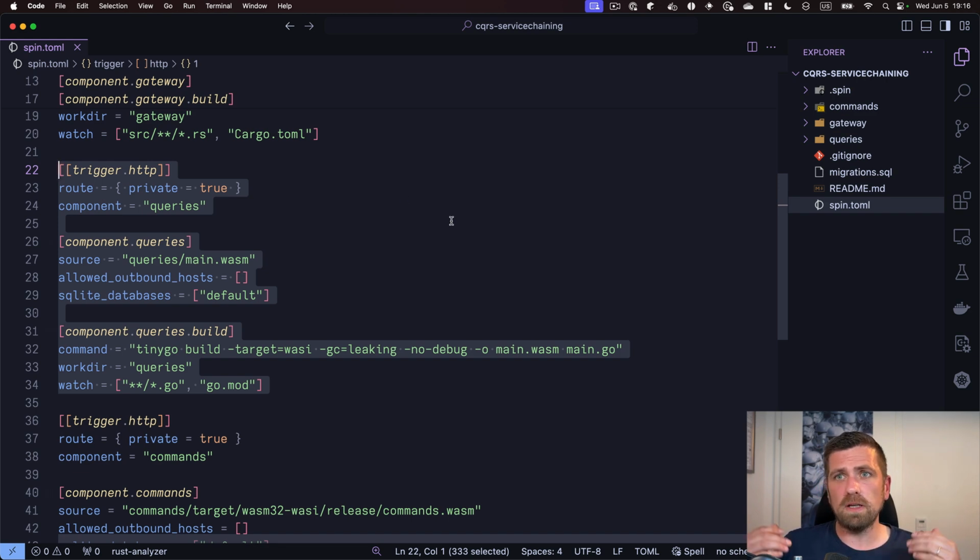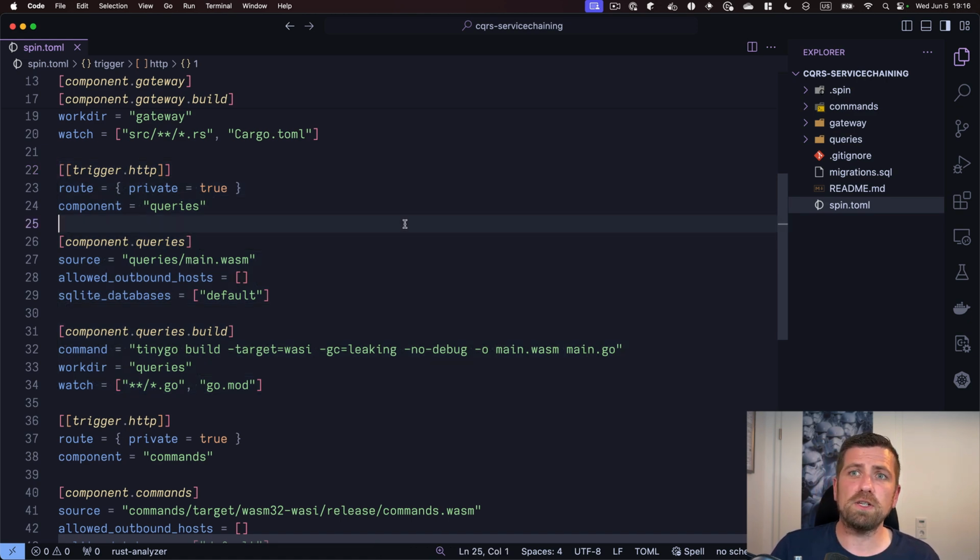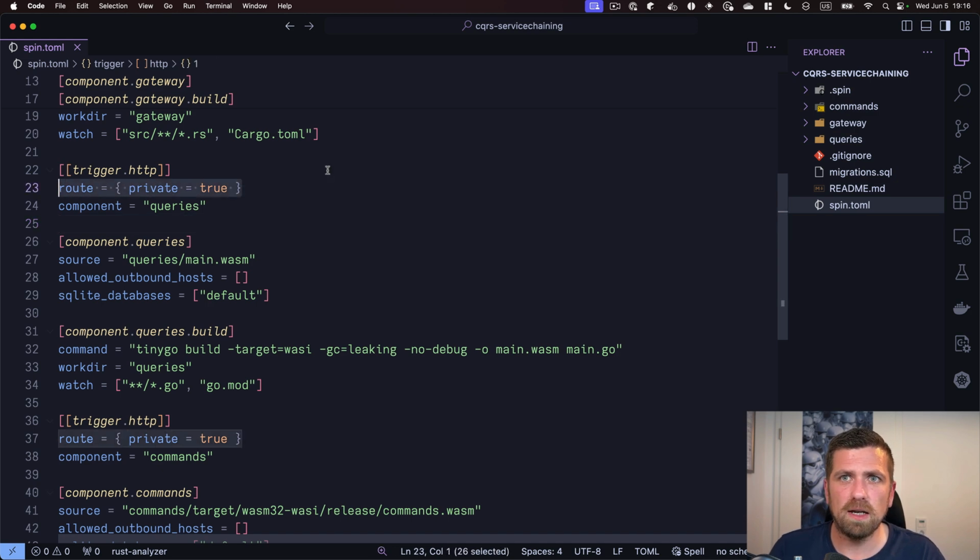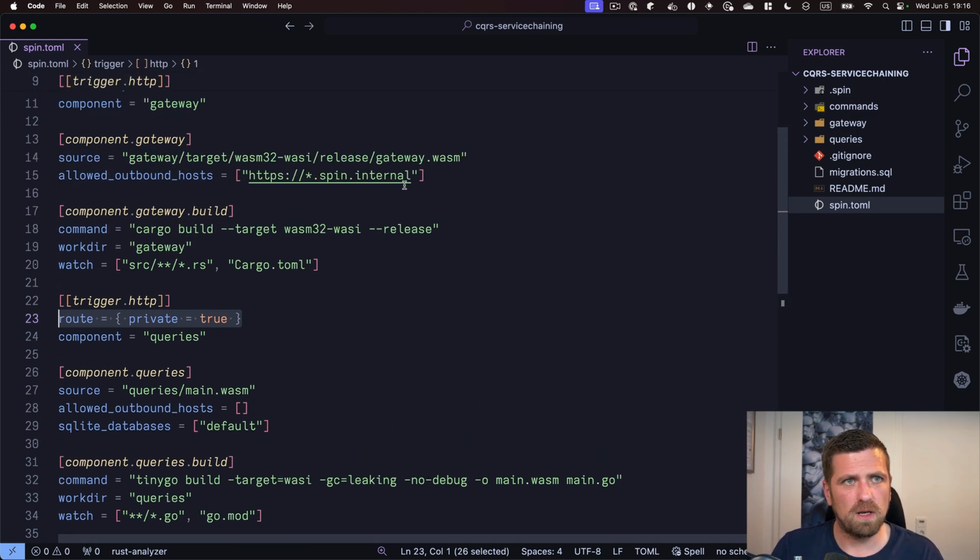Remember, the queries component is a backend component. It has also been created using an HTTP template. To be more precise, this one has been created using the HTTP Go template. However, instead of providing a route pattern, we set the route as private. By setting the route as private, we ensure that it is not possible to call into the queries component from outside. Instead, the queries component is only addressable from components in that Spin app using